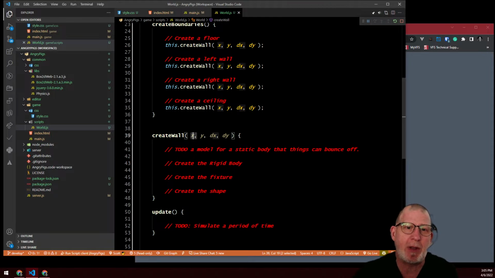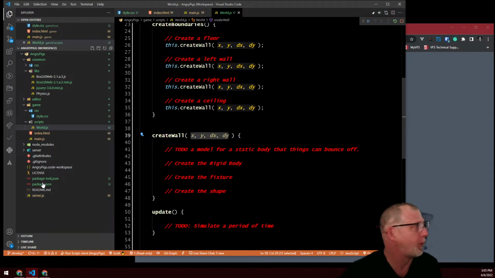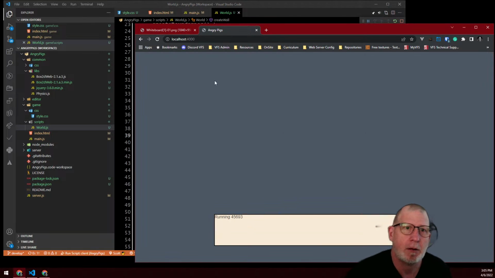We're going to assume that we can compute these somehow. We're going to put them at some location. So the floor, for instance, let's see if we can